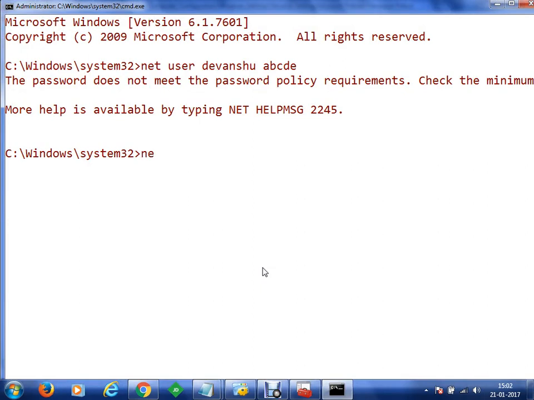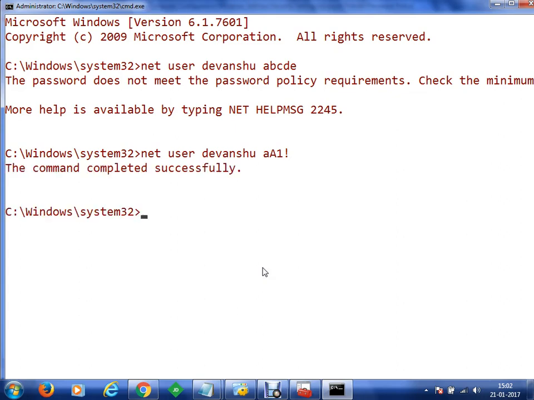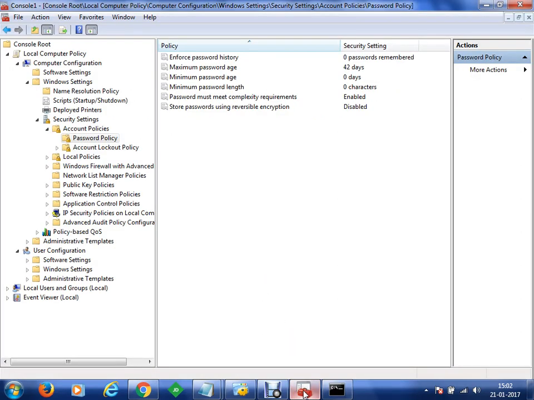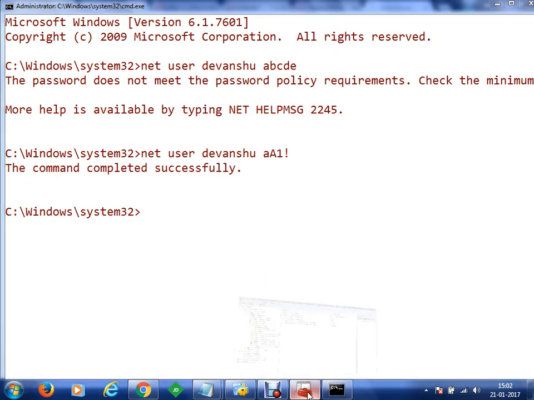Let's say by any chance I say something like net user Devanshu, and I have used lowercase, uppercase, numeral and symbol, but I did not meet the length criteria, okay? The password policy can be bypassed because you can see that here it asks for a minimum of 3 configurations.